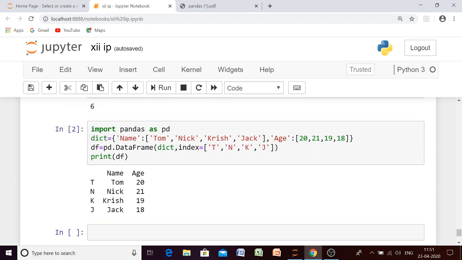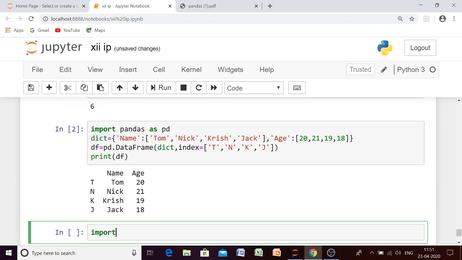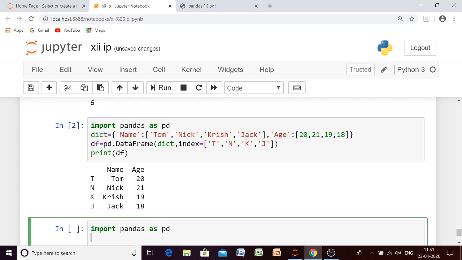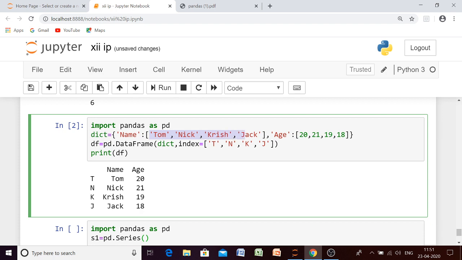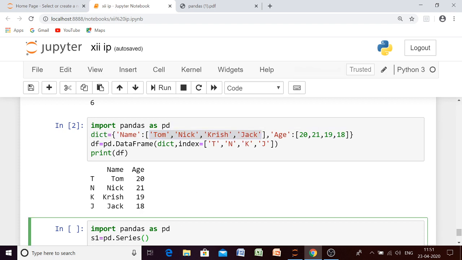Today we will create the same data frame but using series. So what is the first thing we have to do? We have to import our pandas module. Then since we have to create using series, we will use the first series as name. Again almost the same thing we are doing.